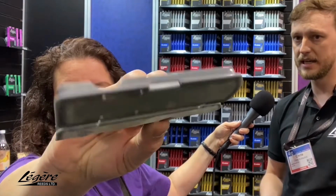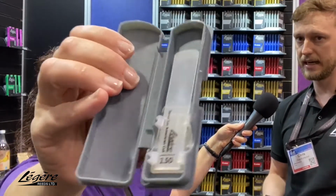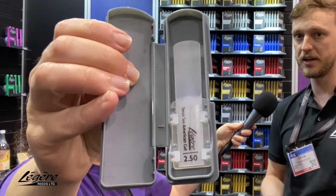Lots of players will end up using their own reed case as opposed to the case that we've got included. But for students, a student that might use this reed for 4, 8 months, 2 semesters, or even a full year, this reed case is going to do the job for them, and give them a way to protect their investment, because this reed, we understand, is not cheap, and we need to provide players with a way to keep it